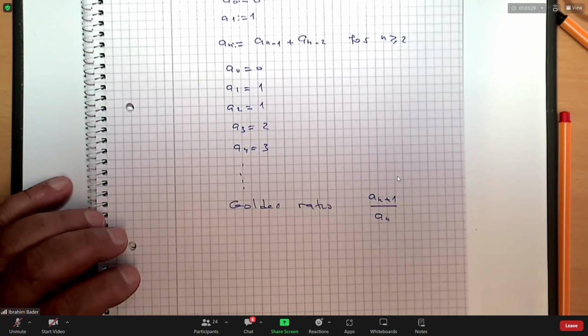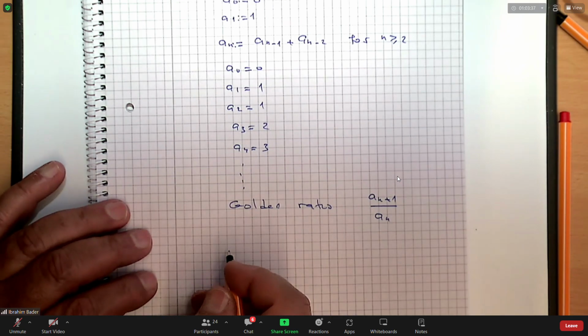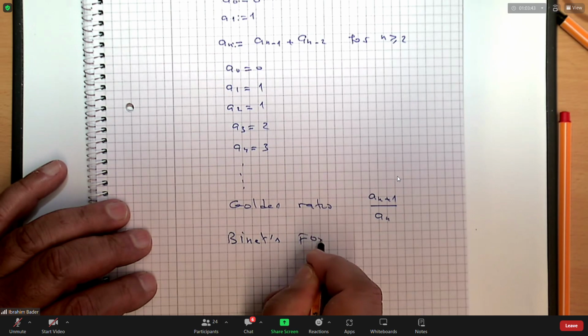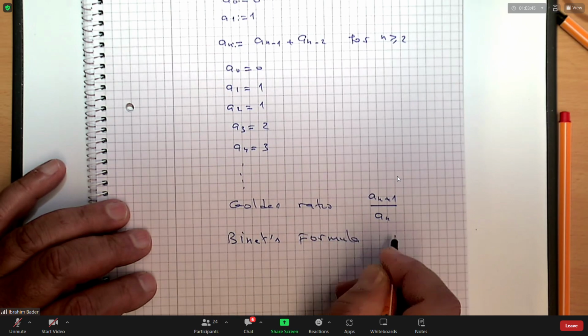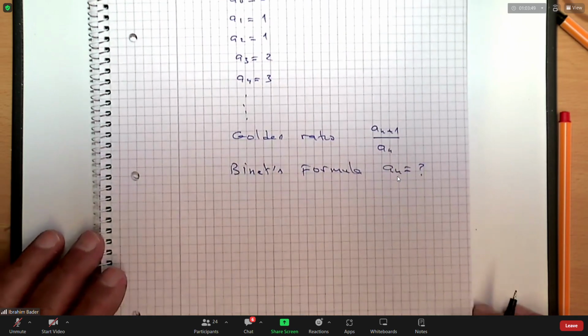Let me check how they write it. Binet, yeah. Binet's formula will give you. So as you see here,